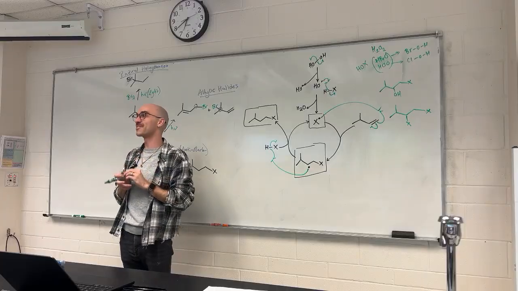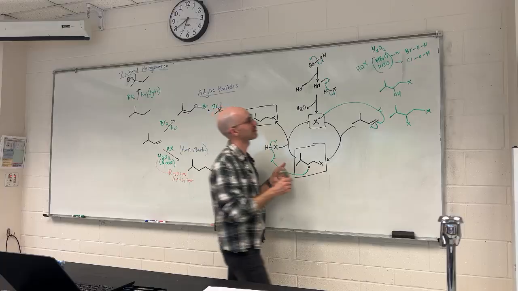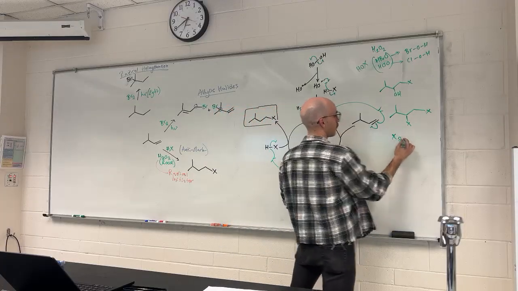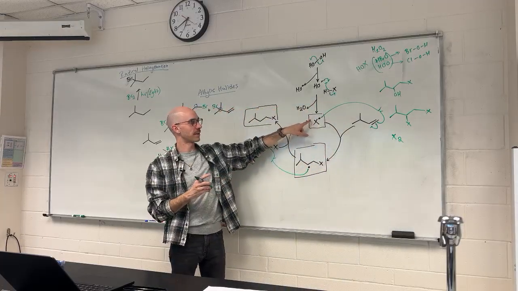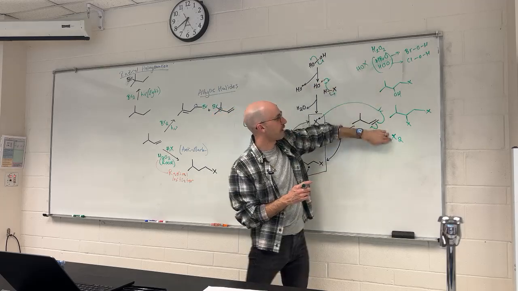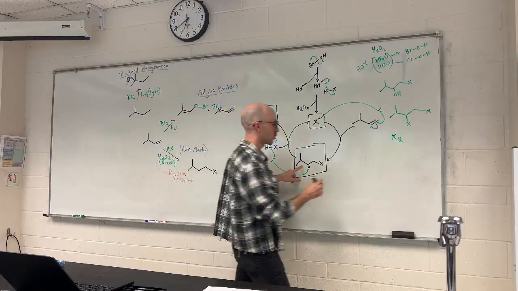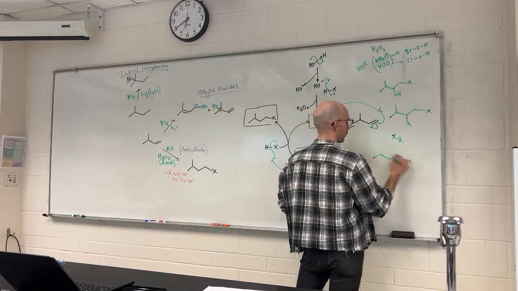Halogenation. Great job. X2 addition. And then the last combination that I could have, oh, I did miss one. I could form a halogen radical with a halogen radical. So that's what? 1, 2, 3, 4, 5. Okay, so I was short. There are 6. The last one is 2 carbon radicals coming together